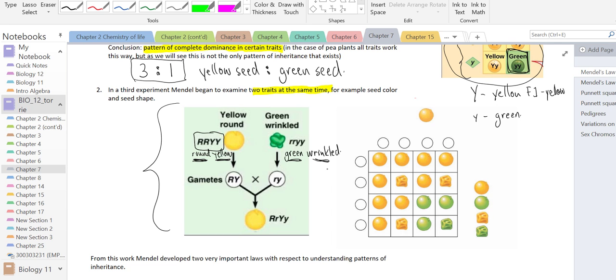And again, he's already discovered that round and yellow are dominant through his first set of experiments, and he's understood that green and wrinkled are recessive. Again, vocab, right? And so what he sees in his first cross, or his first generation, F1, is that they're all round yellow, following the same complete pattern of inheritance. Then he does the same thing and takes the F1 and crosses those. So he crosses a round